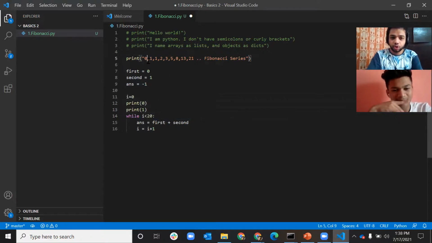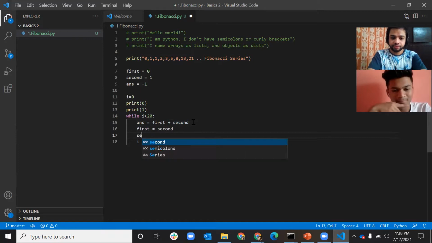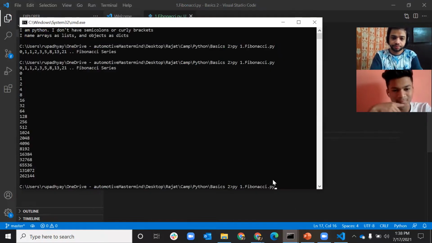So the first element is 0, the second element is 1, I have printed them beforehand, and in the loop I'm starting from here. And ans equal to first plus second. Then first equal to second and second equal to ans. This will work.